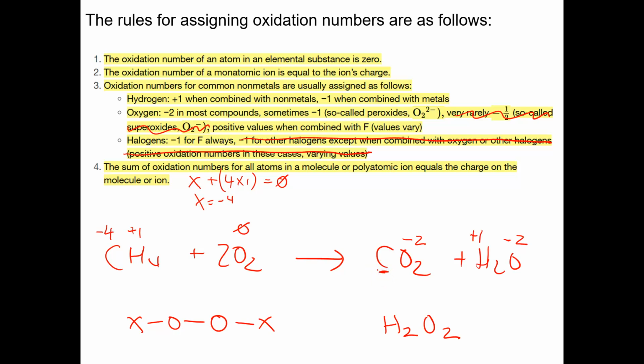It's for the carbon in CO2. And we're going to use rule number 4 again. We don't know the oxidation number of the carbon. We have 2 oxygens that each equal -2, and that has to add up to the charge on our CO2 molecule, which is 0. So X - 4 equals 0. So X must be +4. So there we go. In that way, using these 4 rules, we were able to assign oxidation numbers to